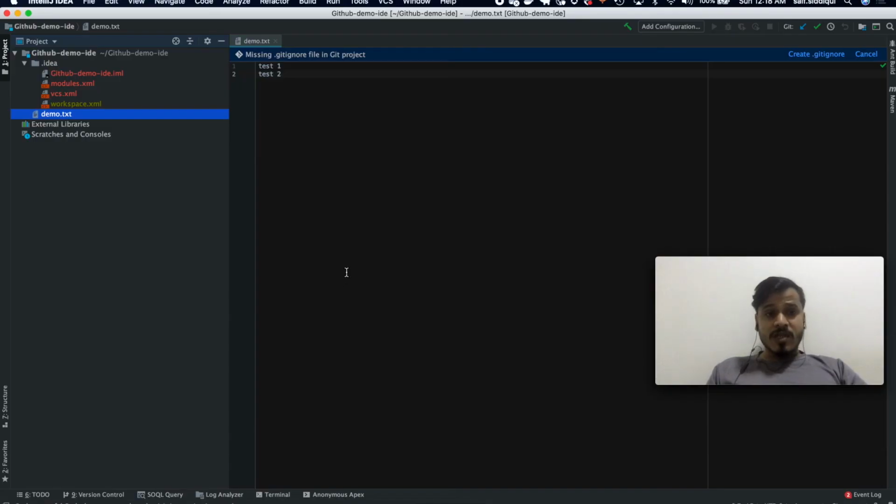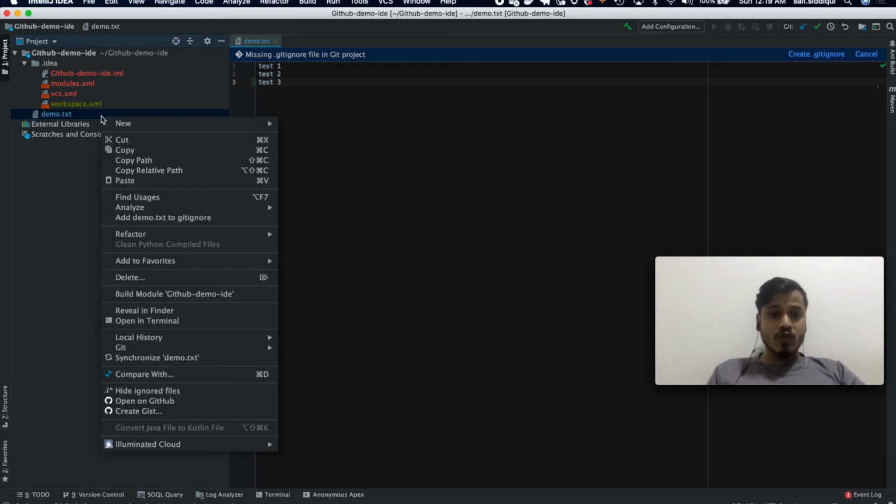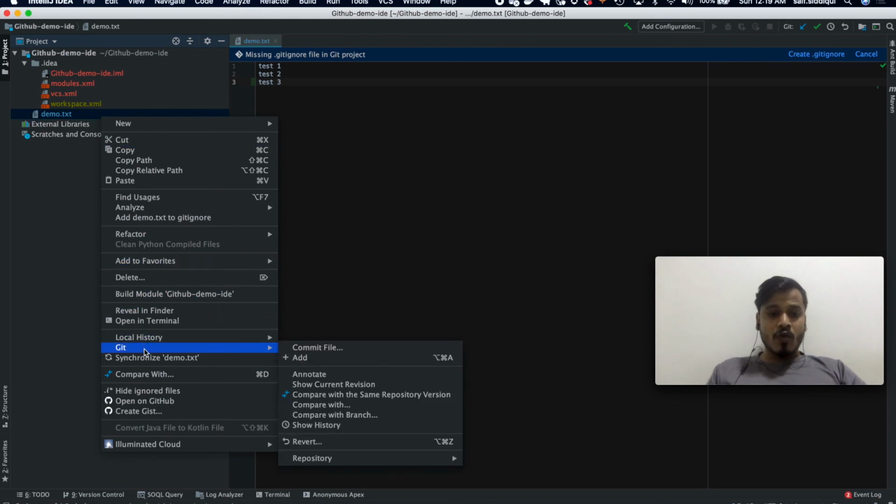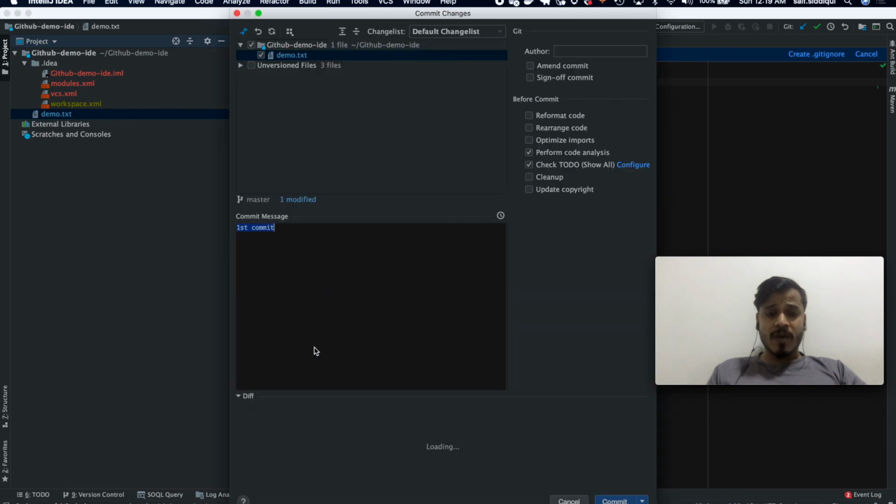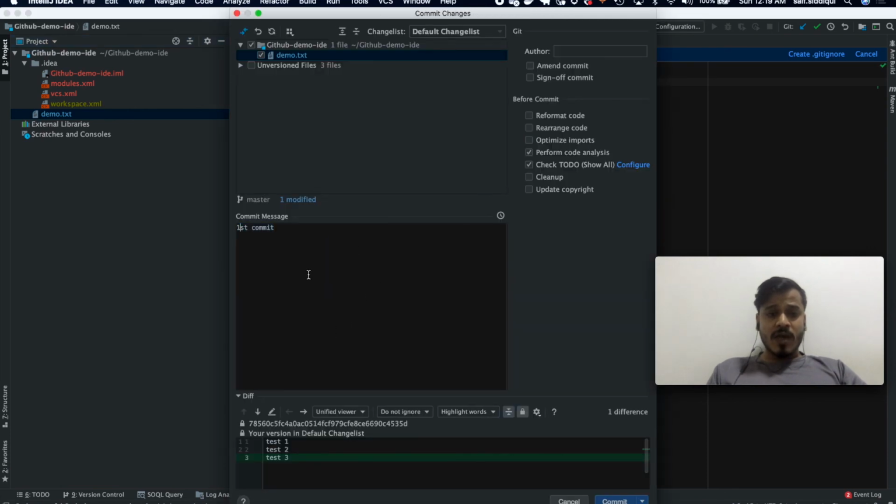Now say for example you are writing code and you have added some new lines of code. Say for example you added test 3. Now there are certain changes in your file and you need to do the same thing again. You need to go on git. If you want you can add, if you want you can commit file, and then you can just go here and write